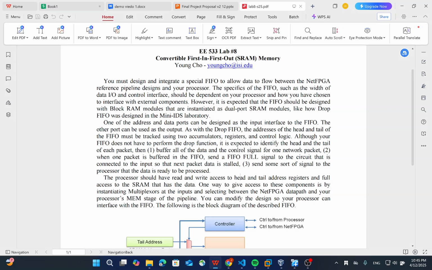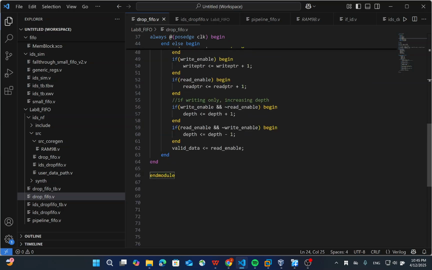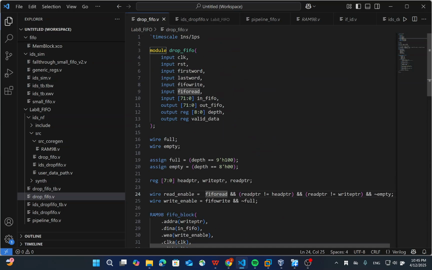So what we do here is to emulate the drop FIFO design in the IDS. First, we rewrite the drop FIFO in Verilog, which is the same as the schematic in the mini IDS